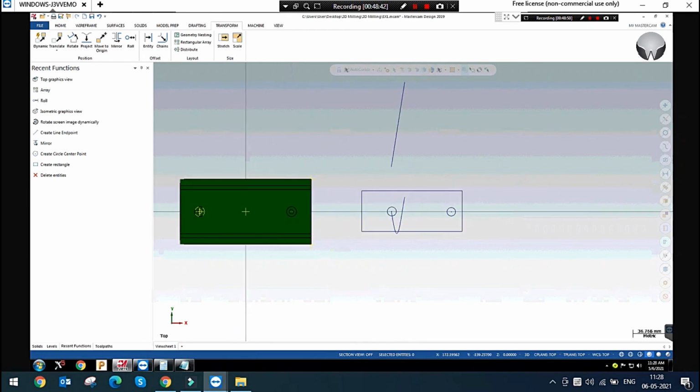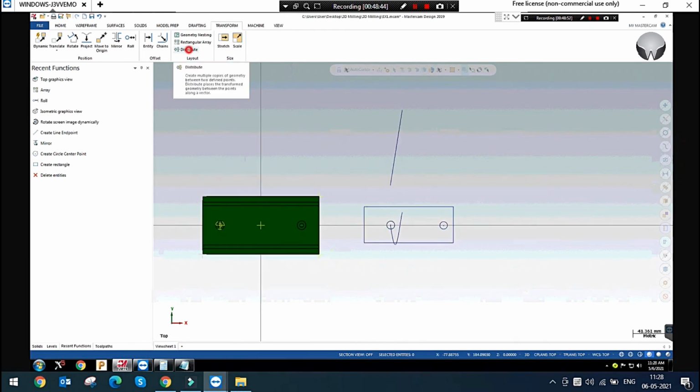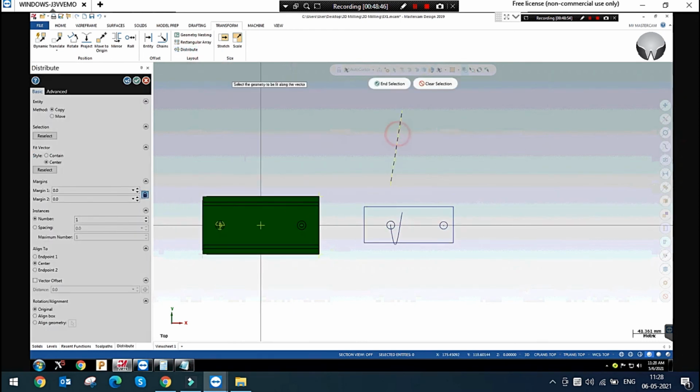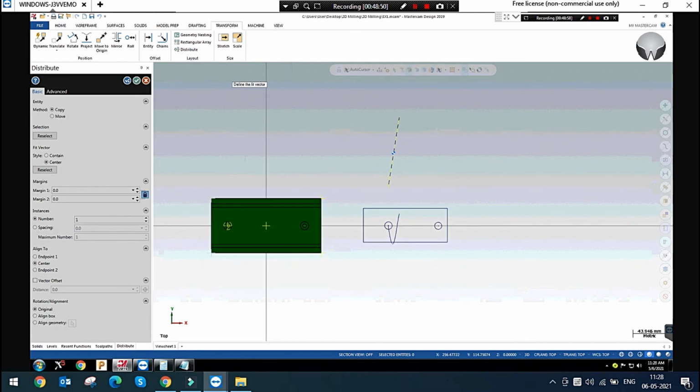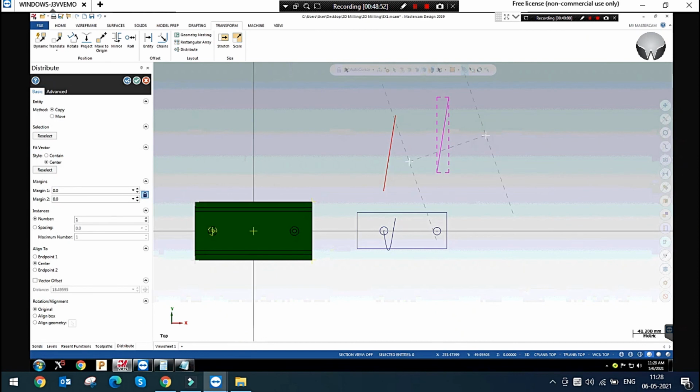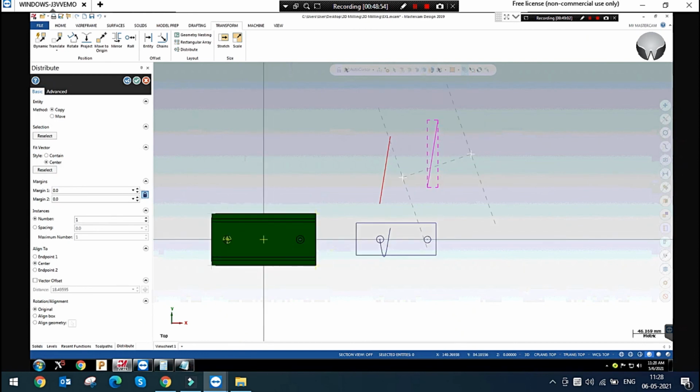So next one is distribute. This is also the same as array. You can simply define the vector. This is my vector. You can see the line has been moved along the vector I have given. I am not giving any distances.